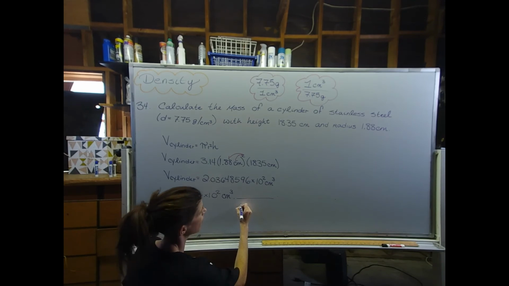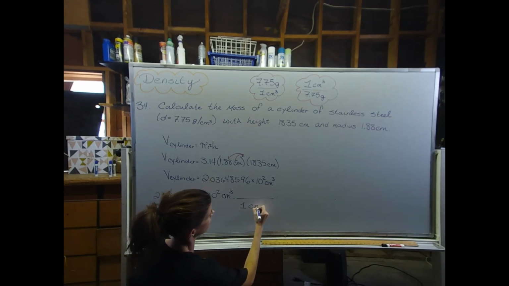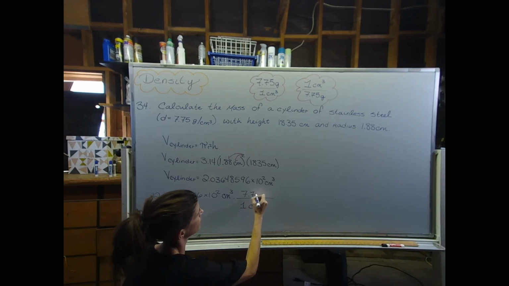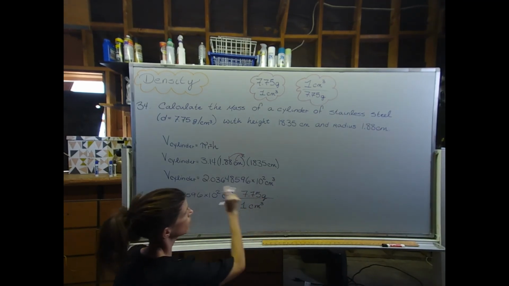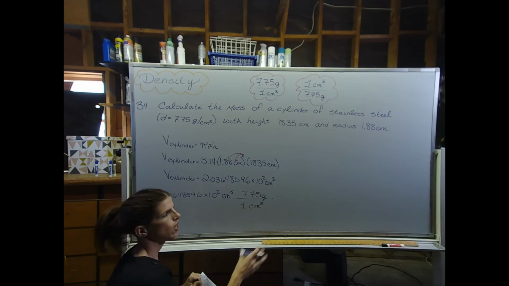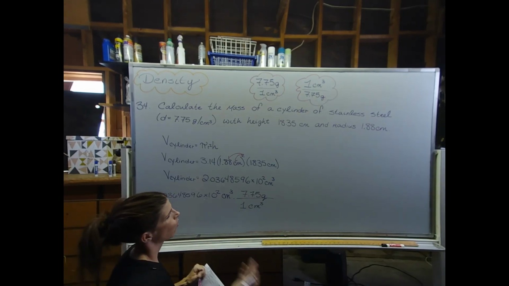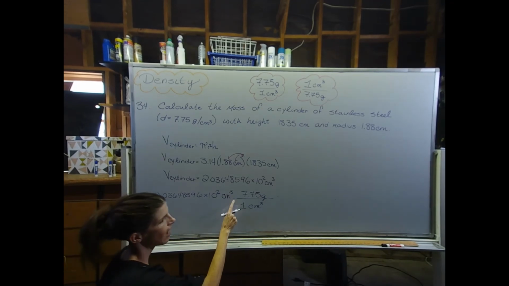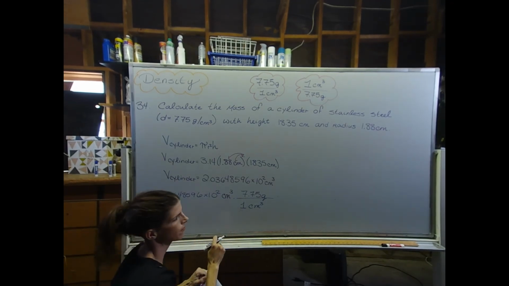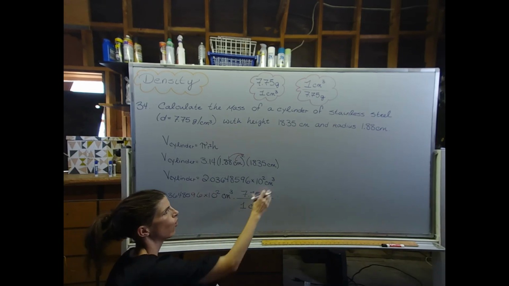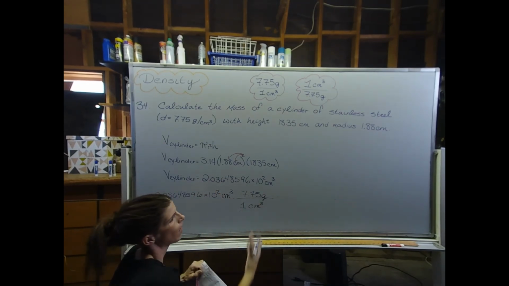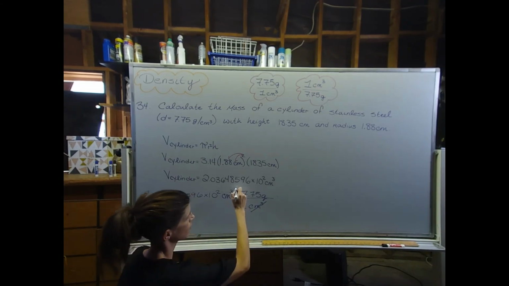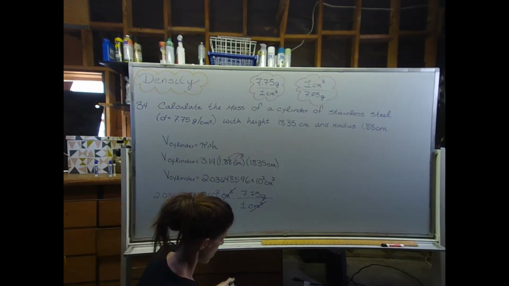I talk a lot about not rounding until you get to the end. And on a problem like this in particular, you type in all this, you hit enter. The number is there. So once you have this number, all you have to do is hit times 7.75. And your calculator will recall this number. You don't have to type it in again. It'll save you a second. Centimeters cubed cancels centimeters cubed, and I got